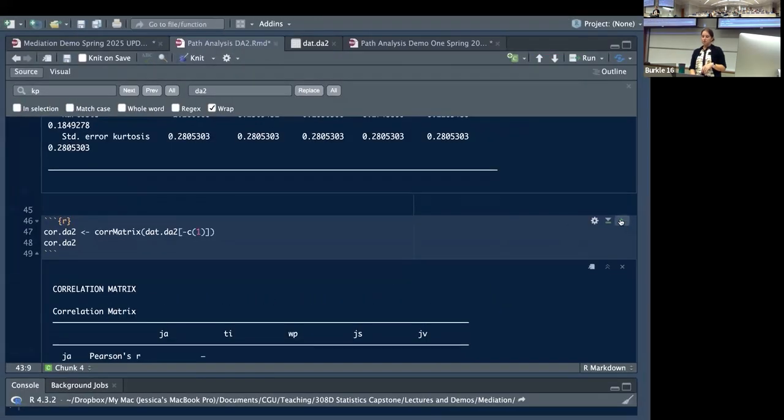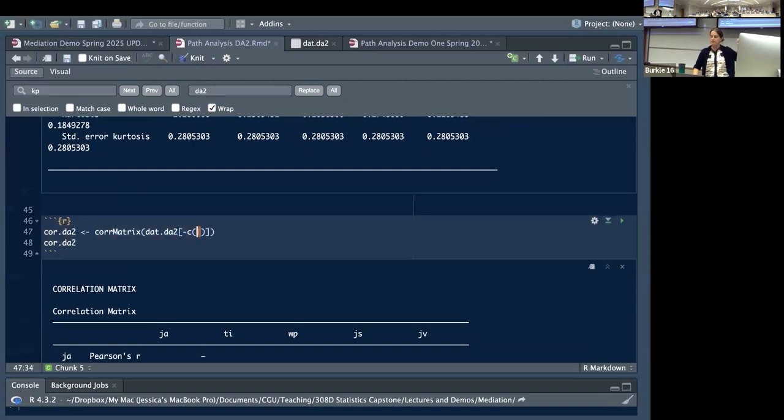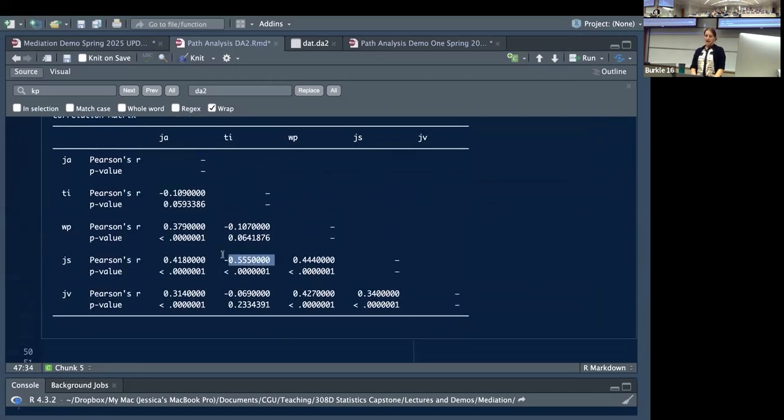Next thing we're going to do is run our correlation table. Notice I took out column 1 because that's the ID column. Okay. So we've got a negative relationship between turnover intentions and job satisfaction, a positive relationship between autonomy and work passion and job satisfaction. So this is another place where you can get information about how you might want to respecify your model, right? This is giving you how each of the pairwise comparisons are related to each other. So this would be another place to go if you're like, how might I respecify my structural model?